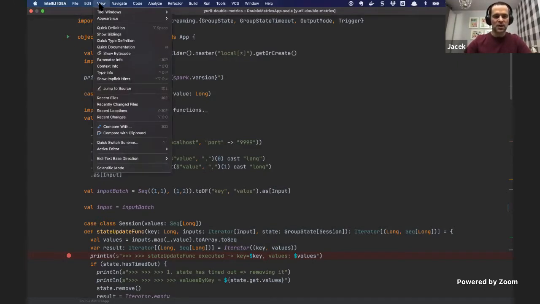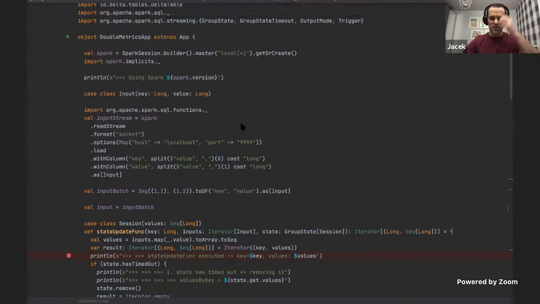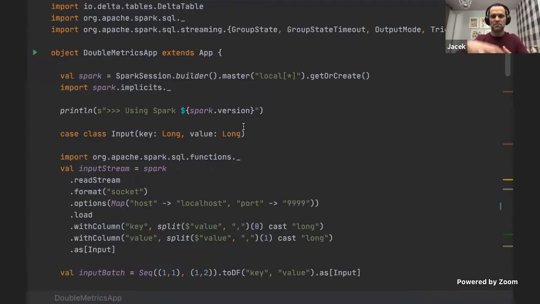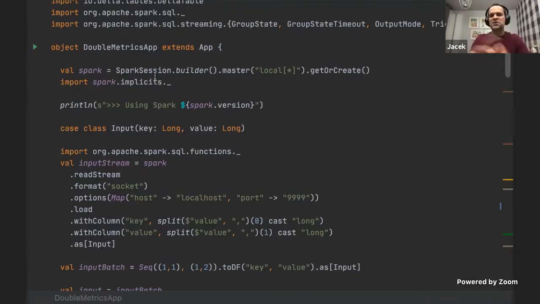Let me go to appearance and presentation mode. Enter presentation mode. It's gonna be a bit bigger. Okay, so it's just a basic